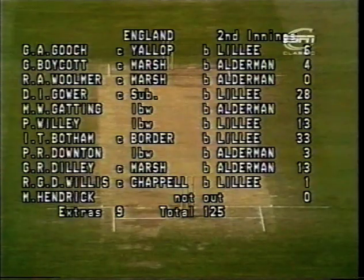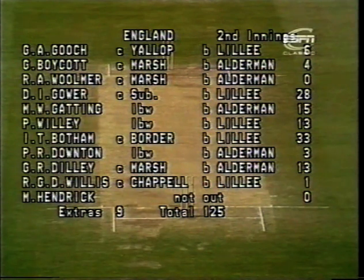125, well, I reckon that's about 25 fewer than England really needed. 150 for Australia to make would have been rather a nasty little 4th innings target. Ian Botham there, 33 top score, must have relieved some of the pressure on his captaincy future. Dilley, 13, but I thought perhaps the England batsman might have made a little bit more of those last 2 or 3 wickets. 125 then, plus the 6 runs lead they had on the first innings, 131 lead, 132 to win,